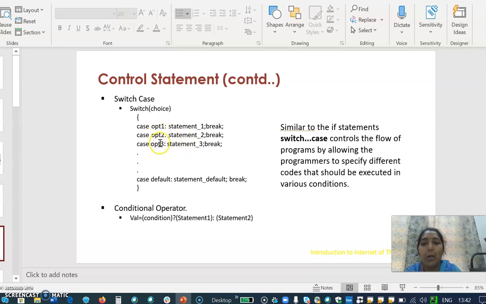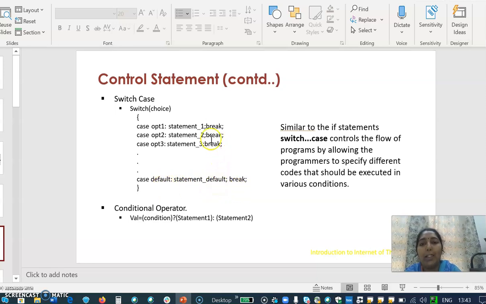Similarly, we can write many options for this choice. Here the choice is nothing but one condition. Finally, you should write the default. It is similar to the final else part of your if statement. If none of the options match the choice variable, whatever statements you have written in the default are executed.